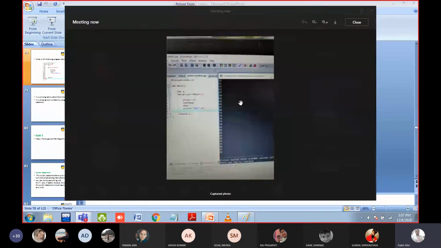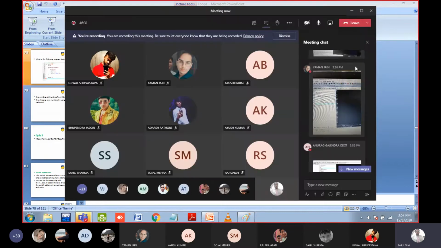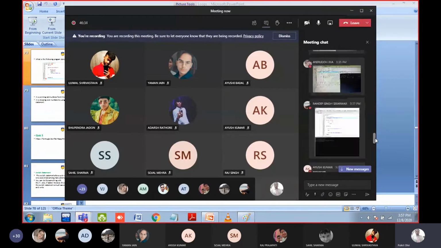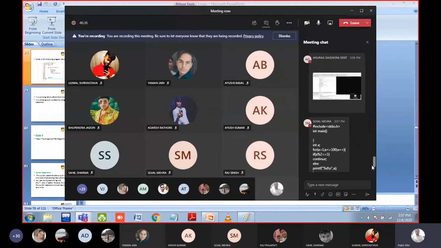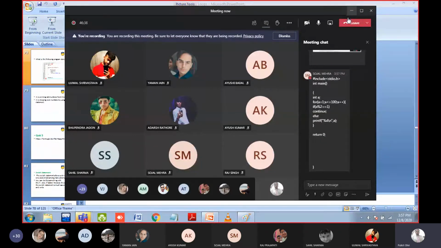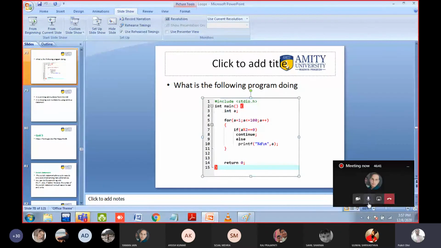Yaman, what you need to do, there is a scroll up button here. Means, in the PPT, this is a scroll button. So you will scroll up the particular output. Then you will see the other numbers. Okay, Yaman. For example, this is a scroll up bar, scroll like this, and then the other numbers will come in the output window. Okay.